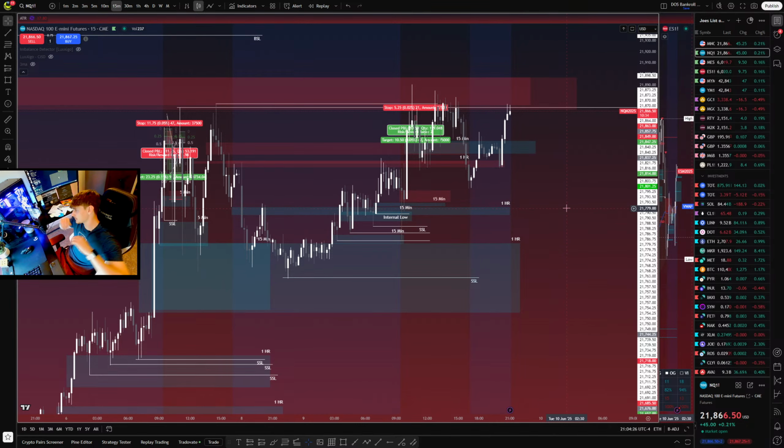Sometimes gold's a little choppier, sometimes NQ is. Lately, gold's been great, and NQ has been not so great, especially these last couple months. It's definitely a hard time to trade. If you can learn how to trade now, you will be very, very successful in the future. I mean, this is like the hardest conditions I've ever seen.